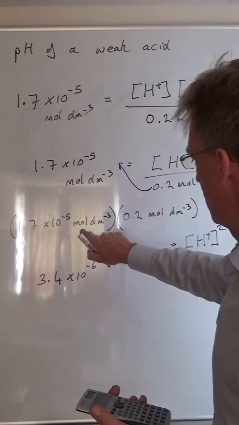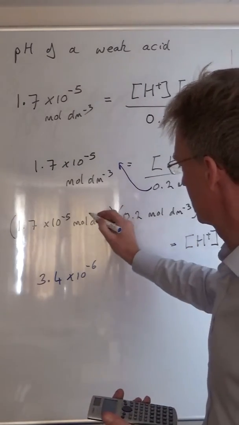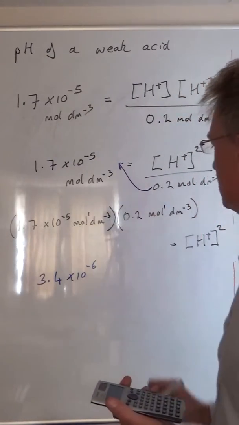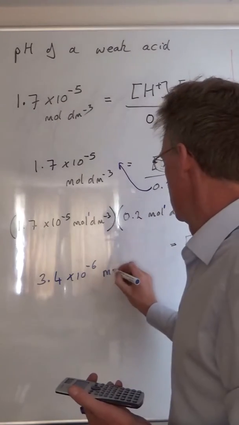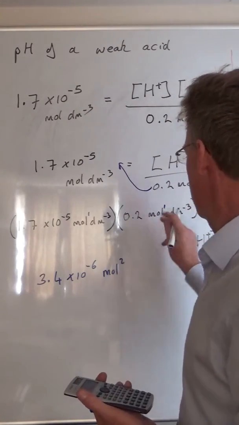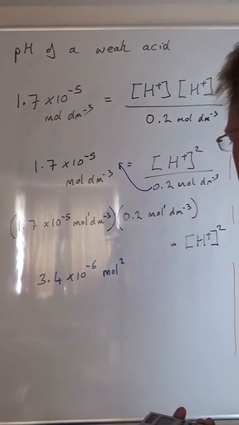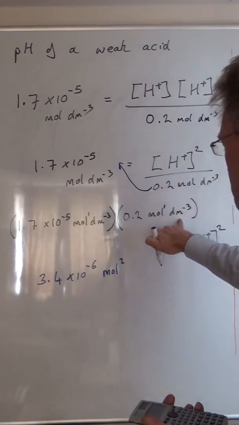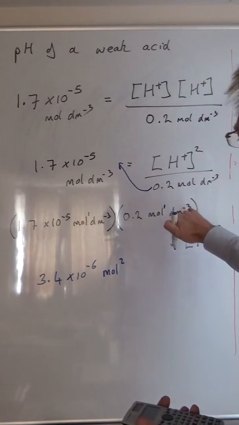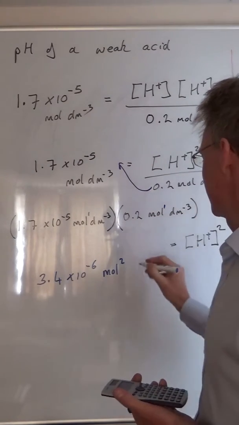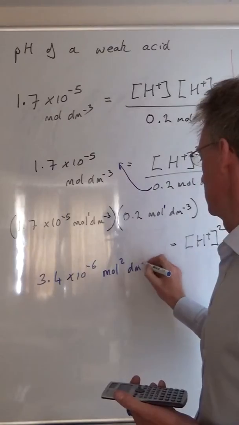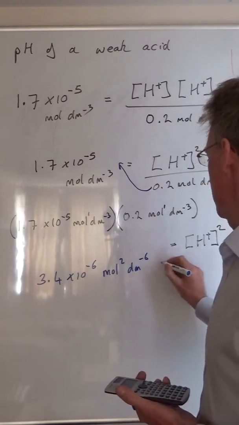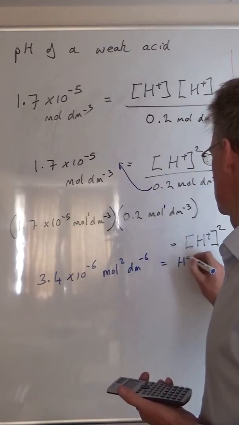If you multiply mole by mole, that's really mole to the 1, so it becomes mole squared. You add the powers, if you like, the exponents. So dm to the minus 3 times dm to the minus 3, minus 3 and minus 3 is minus 6, so it's dm to the minus 6, and that's going to equal H plus